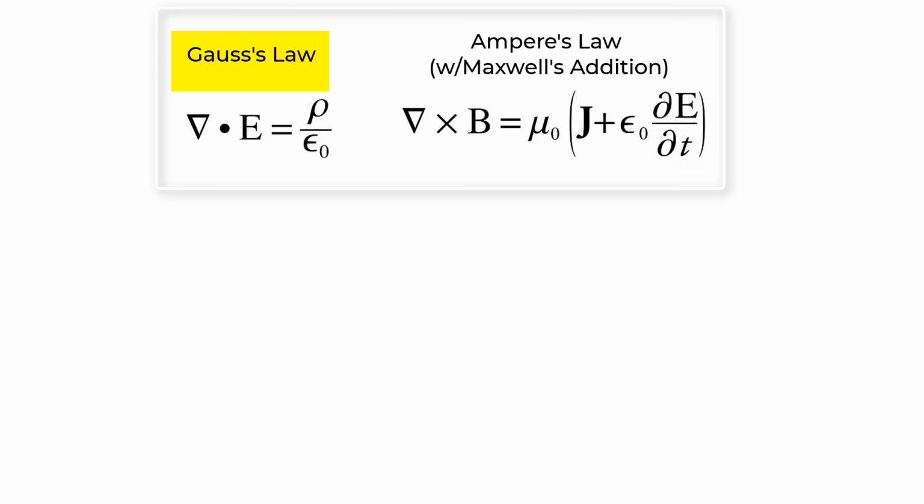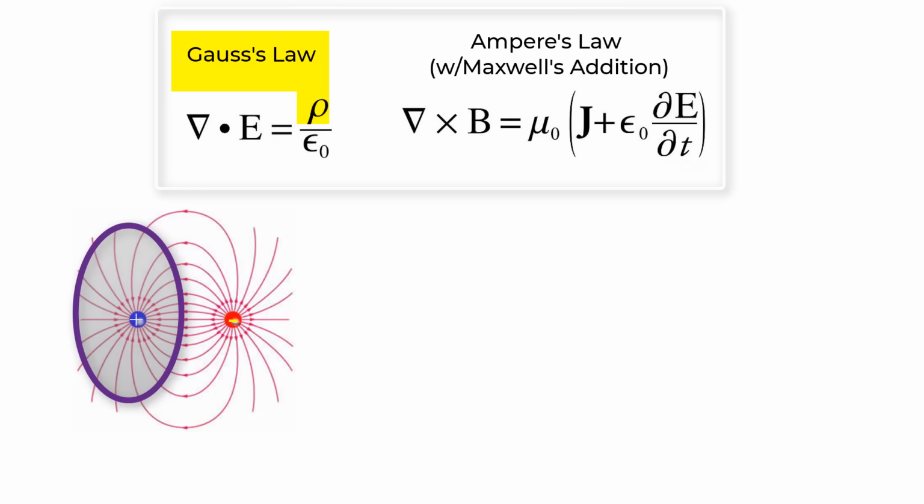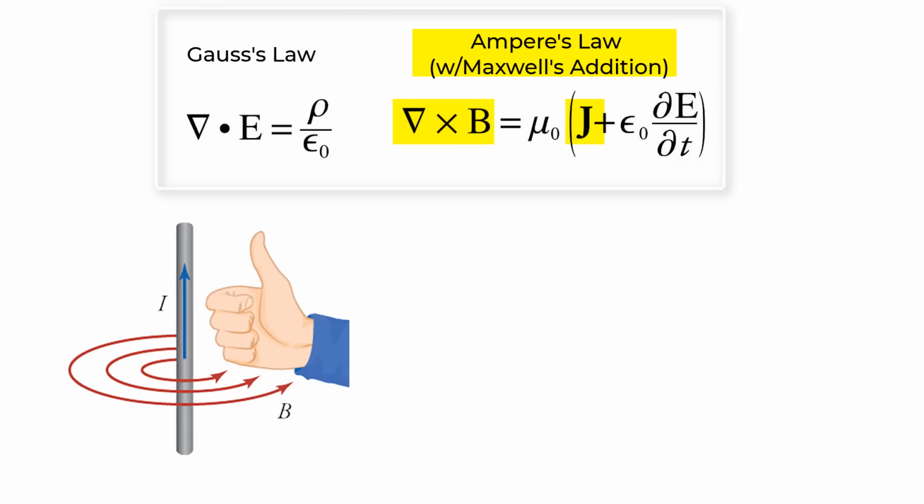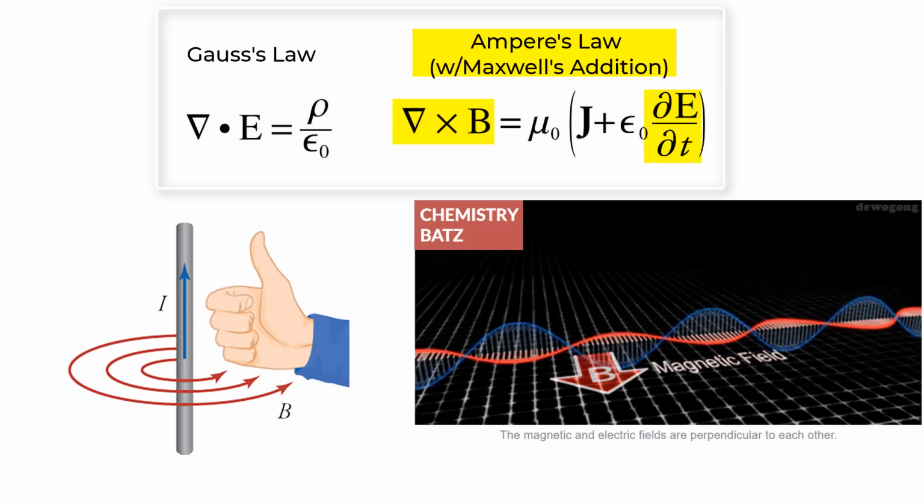Let's look at two of Maxwell's laws again in free space, as they say. The first equation, Gauss's law, is showing that if you have an excess of charged particles, rho, then the electric field will diverge from those charges. The second equation, Ampere's law with Maxwell's addition, states that you will have a curling magnetic field induced if either you have charges moving, J, or you have a changing electric field, dE/dt.